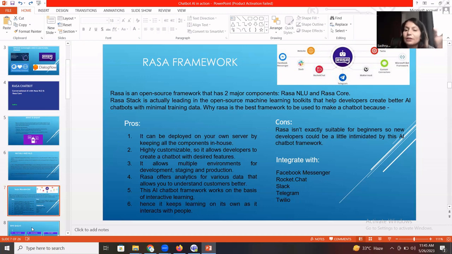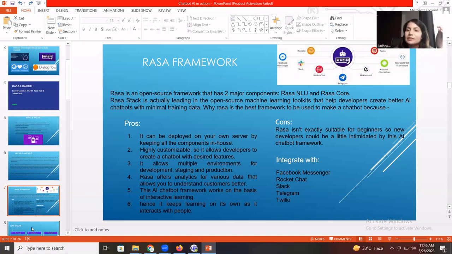Although Rasa also has an enterprise version, Rasa X, that also doesn't require typical coding from the backend. From the UI itself, you design your intents, extract your entities, design the flow of the conversation, and write your utters and all. So that's why we are using Rasa. It learns from the patterns and it's open source, so we can download and start using it. We don't have to pay anything to do it.